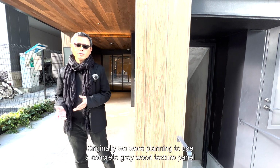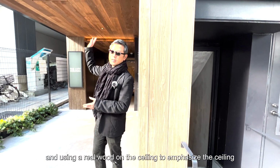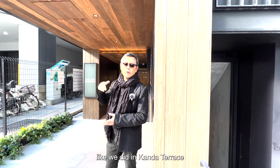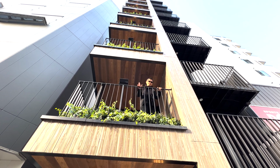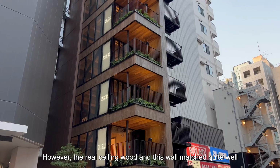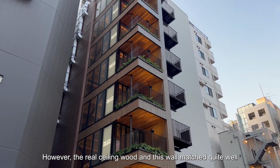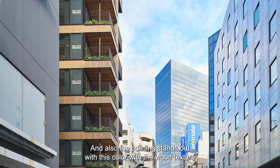Originally we were planning to use a concrete grey wood texture panel and using a real wood on the ceiling to emphasize the ceiling like we did in Kanda Terrace. The president of the building owner liked the wood color very much, so we tried even though we were not sure. However, the real ceiling wood and this wall match quite well, and also the building stands out with its color